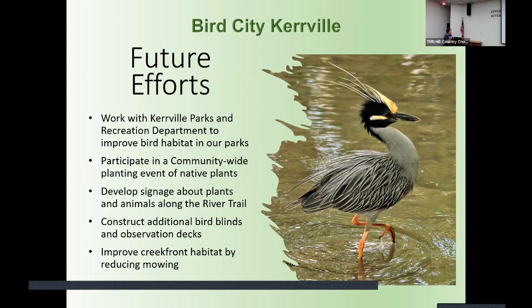And the bird blind is the big one we're working on right now. We picked a spot, and Kathy and her husband are going to head up the construction. We've got the plans and we're raising the money. We put in some grant applications and we've had donations. And I'm taking donations from anyone that would like to contribute to help build that bird blind,